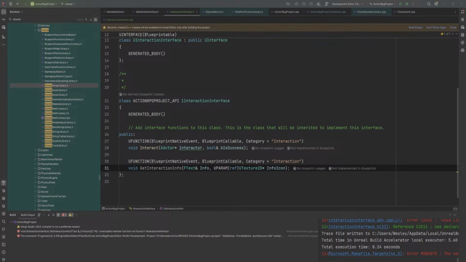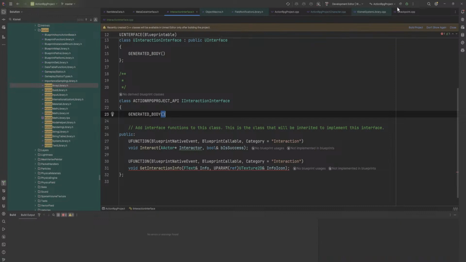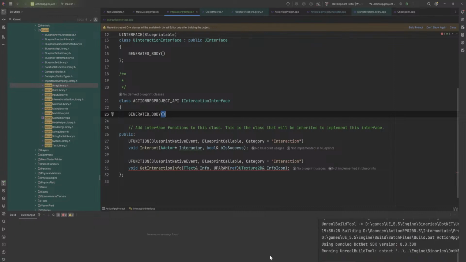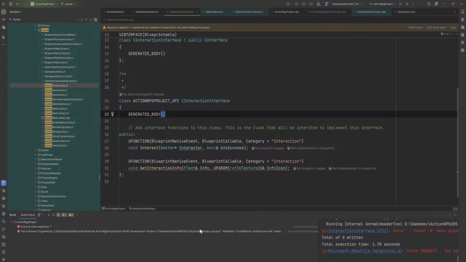Meta. Ref indicates that the parameter passed in is a reference example. Okay, so when we do that, it should stop complaining about this, right? But it doesn't. I'm just going to try to compile and see if it compiles. Yeah, it doesn't, because it's still expecting a reference or a pointer. Oh, hold on. So we mark it as an out. So if we mark it as an out,